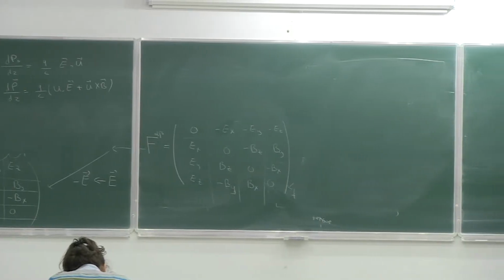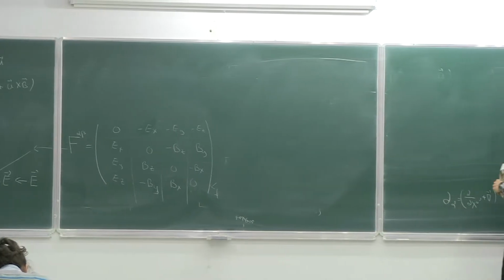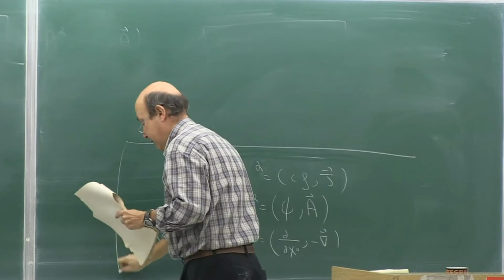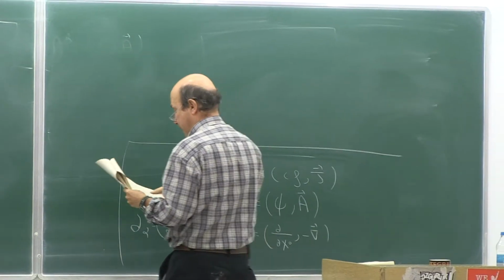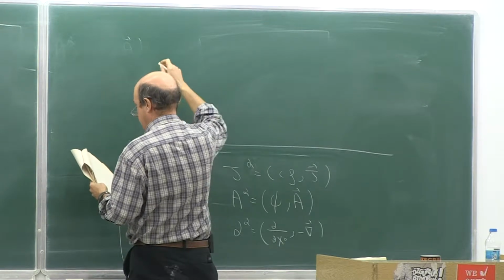So let us define here a fourth rank antisymmetric tensor